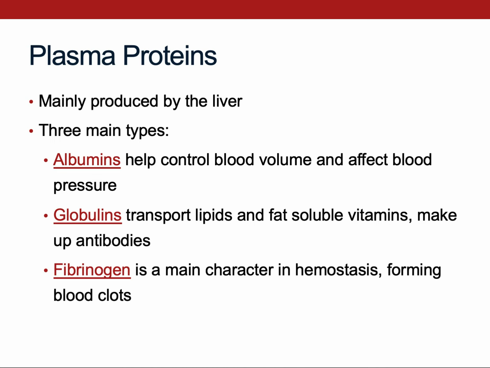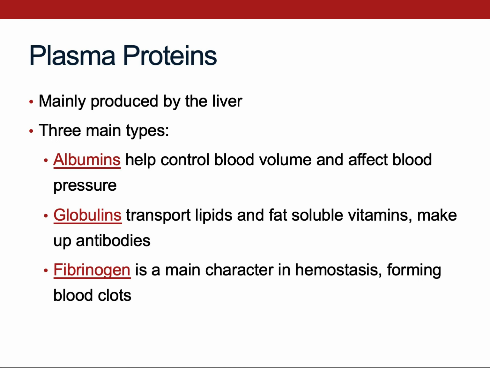There are three main types of plasma proteins that are mainly produced by the liver. The one we'll focus on most in this unit is fibrinogen, as it's a main player, with a big role in hemostasis, which is forming blood clots. Fibrinogen is going to be converted into fibrin, and fibrin is what is going to help form a blood clot